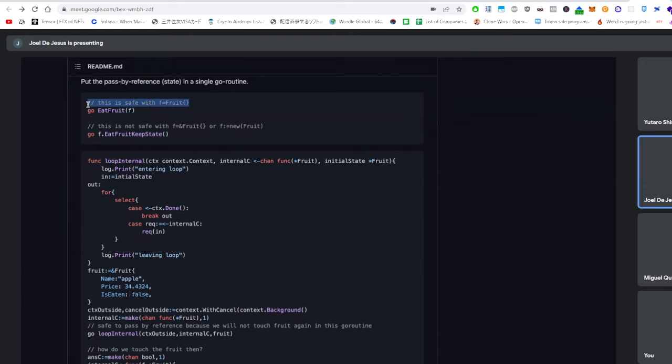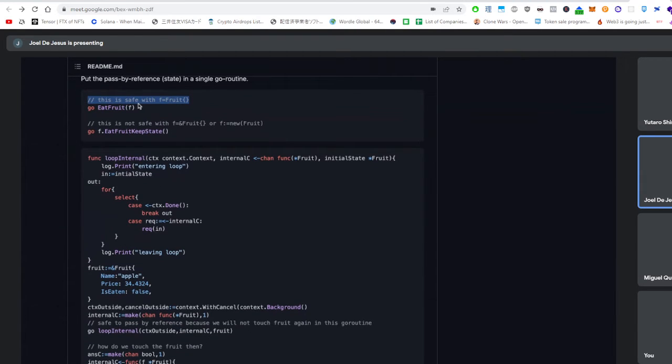This call is safe, though it doesn't have any meaning, because if I make changes to the fruit state using a copy of the data, it's not going to stick. I'm just dealing with copies of the data, not shared state. So this is safe, but